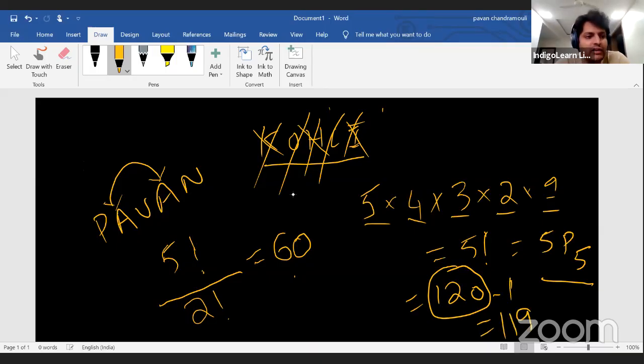So there is a very small difference, but it is very, very important for you to identify, for the simple reason that when we are doing a problem in the exam, we generally try to read only those things that we want to understand. We generally do not read the things which are actually needed. So the word rearrange makes a lot of difference. Imagine getting 120 and 119. You might say there is hardly a difference, but imagine the exam. It makes a lot of difference for you. 1 mark is lost, and it will also give you a negative answer if negative marks do exist.